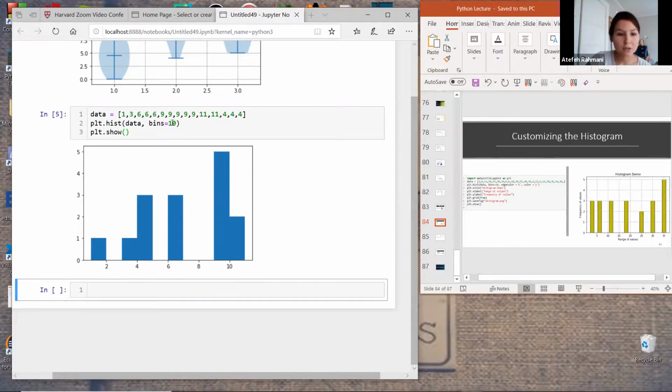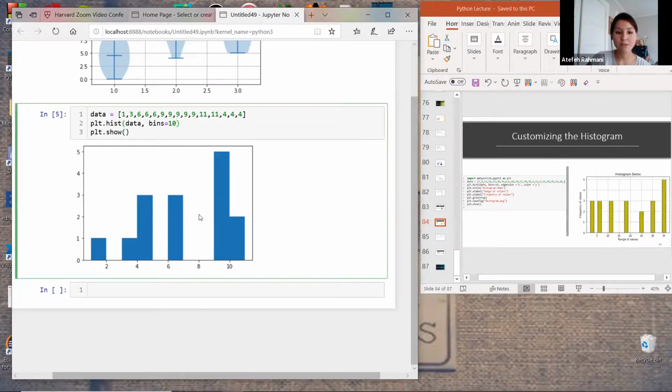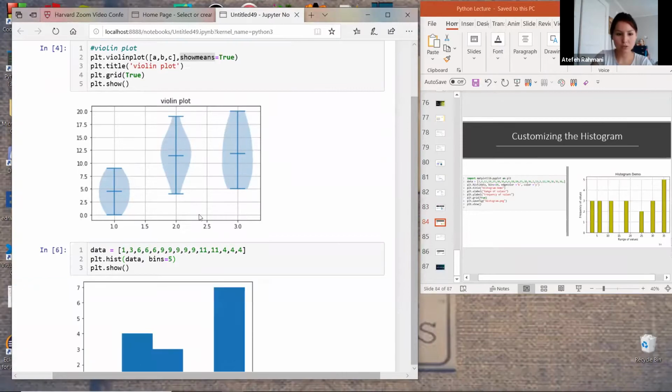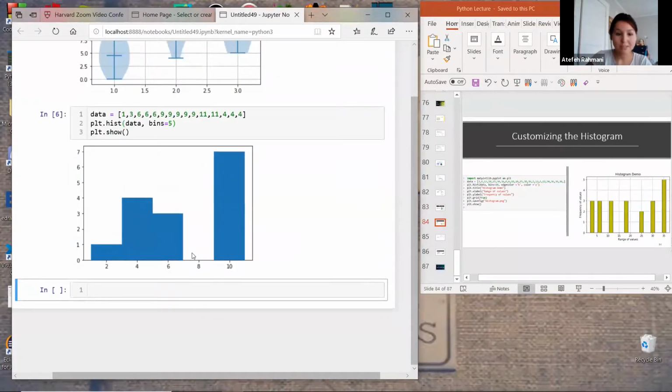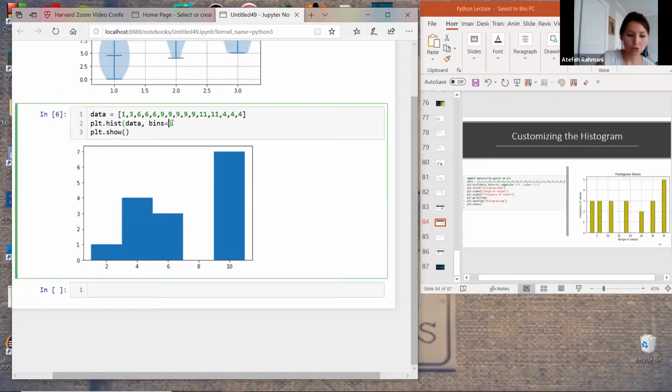I'm gonna increase bins. Let's see what will happen. First, I decrease it. I put 5 into it. I think 5 is so low. See, it makes 5 the whole range of data that I have here. Therefore, it puts the bars inside this histogram graph close to each other, okay? So if I increase it to 20,